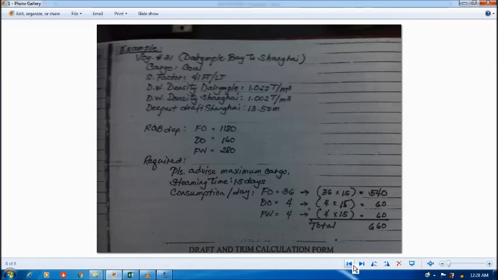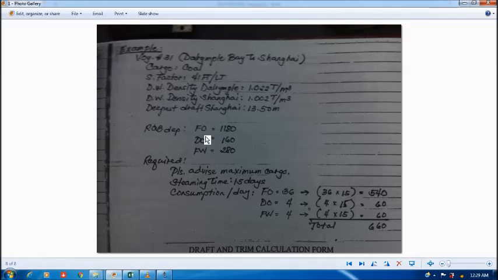Our discharging port is Shanghai with a dock water density of 1.002, as you can see here. With the deepest draft at Shanghai at 13.5 meters, which is our draft restriction or draft limit,